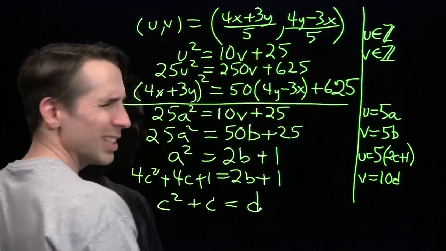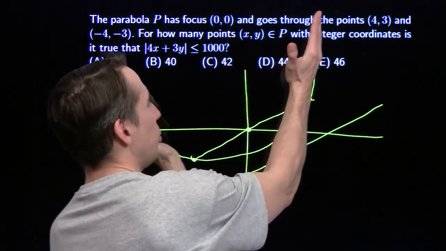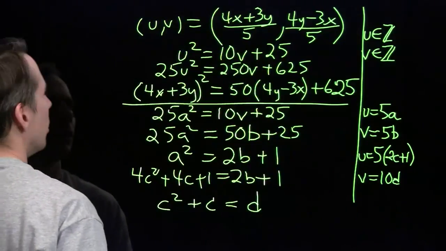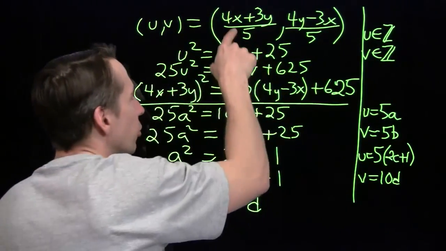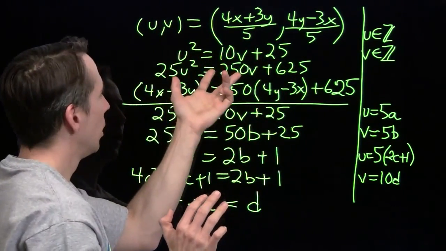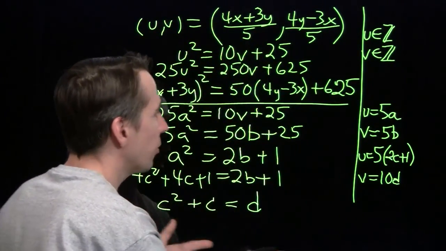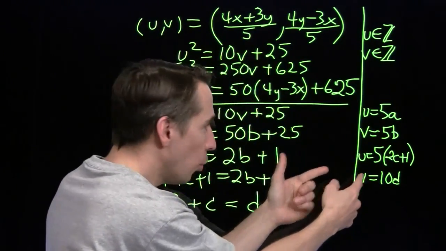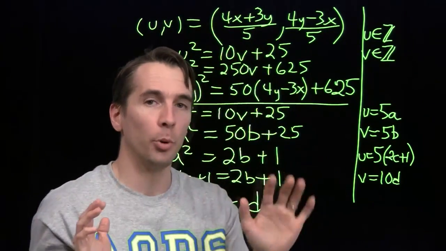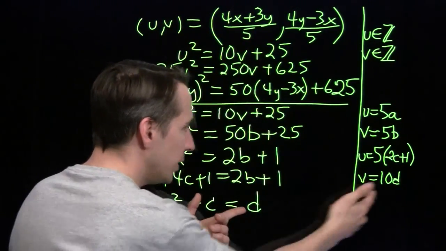Whew. What does that tell us? So here's what we've learned so far. We've learned that if we have a lattice point on this parabola, and then we spin that parabola, it will land on a lattice point here, because we showed that if x and y are integers, then u and v have to be integers as well. And then we went and looked for the lattice points that satisfy this equation, worked through all this algebra, and we found that if u and v are of this form, if I take c to be any integer and stick it in here, so u comes out to be any odd multiple of 5, 5, 15, 25, then I'm going to get a lattice point. So I take that c, put it in here, I get a value of d, and I use that to get v.